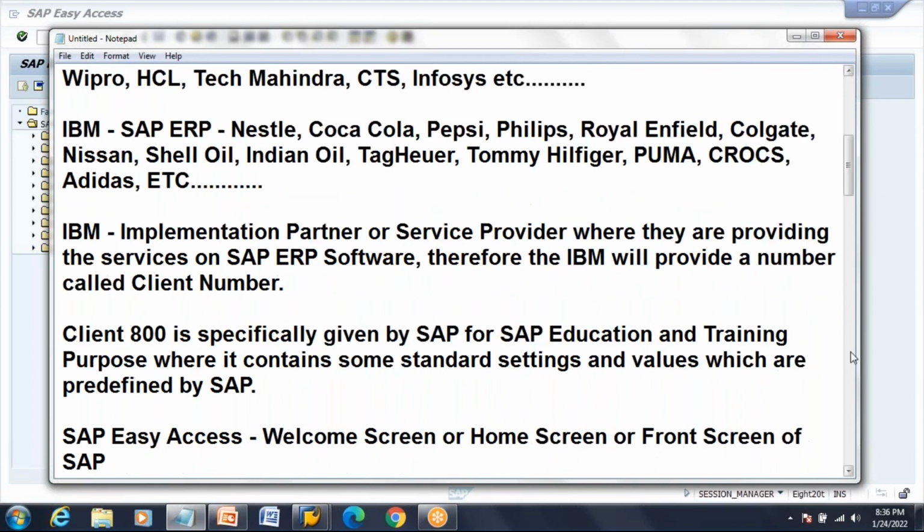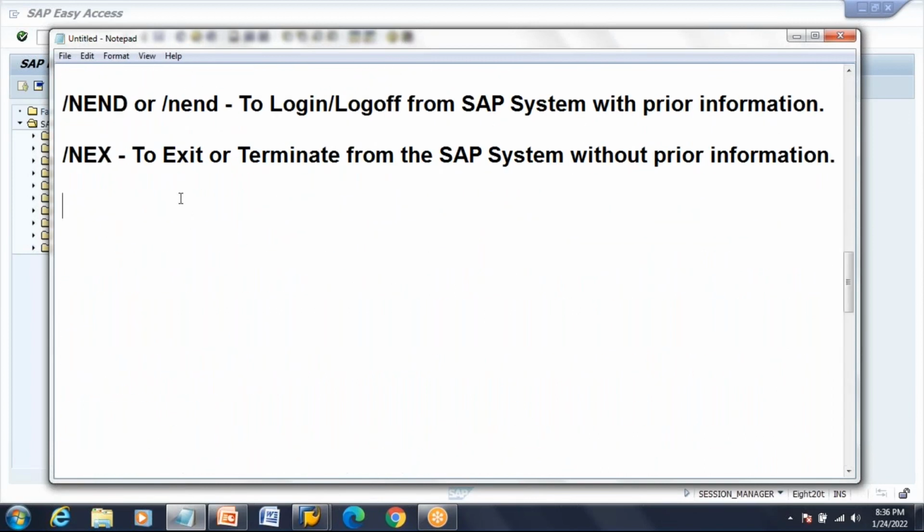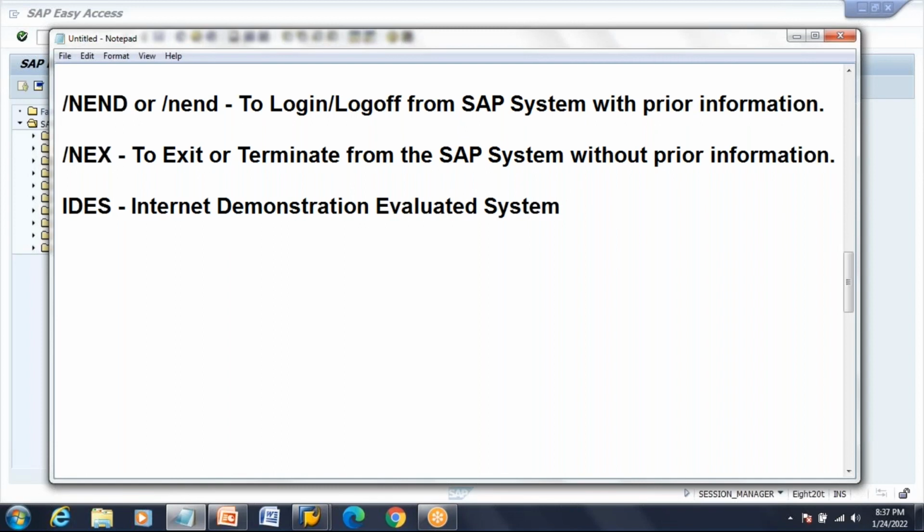What does IDES mean? Sometimes interview questions will be very simple. You may know the answer, but you cannot say it. What is the meaning of IDES? IDES stands for Internet Demonstration Evaluator System, given by SAP